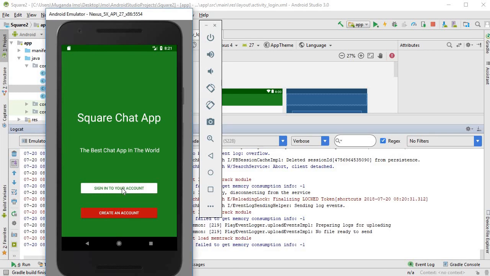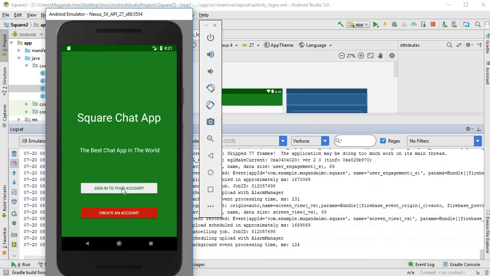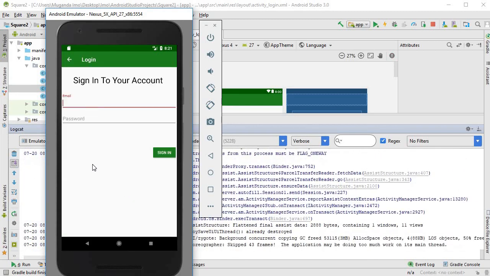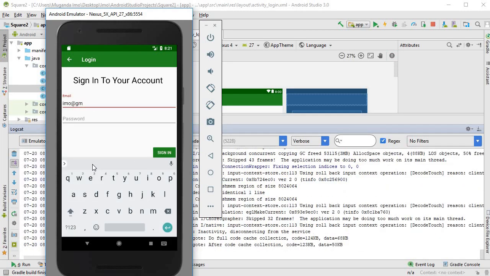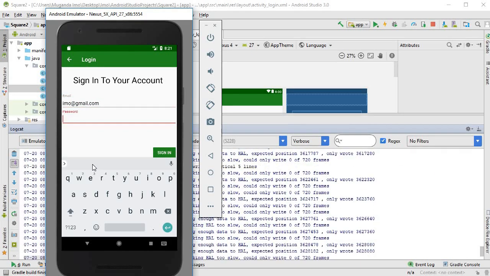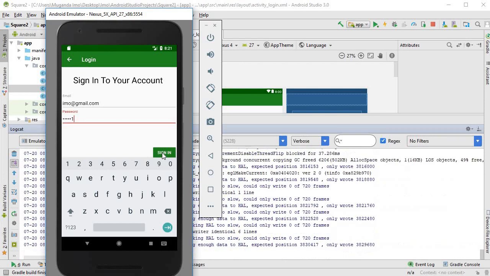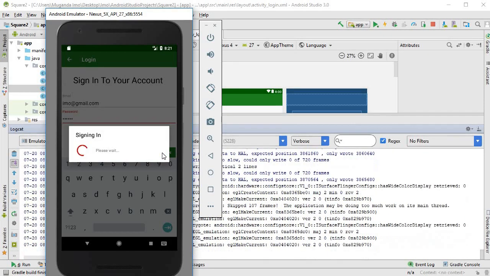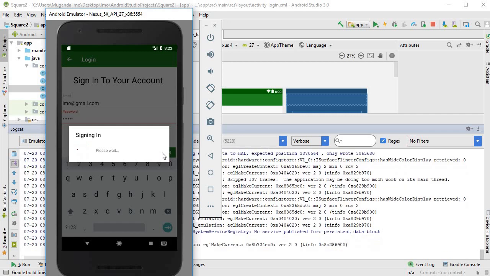Alright, let's try again. Sign into your account. Email at gmail.com. Okay, the progress dialog is working. That's good, and hopefully it will